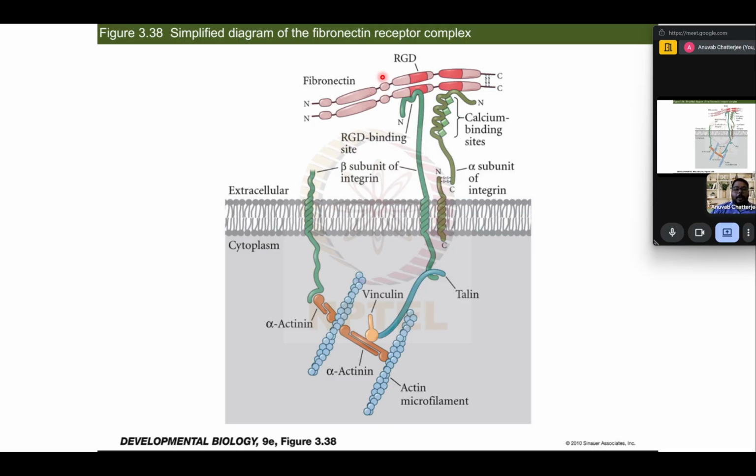So one of the important proteins are known as fibronectins. Fibronectins are bound to the ECM by covalent bonds, as we see here. There is a covalent bond right here. It binds to the ECM, and there are particular cell surface molecules known as integrins, which bind the fibronectin, which actually anchors the cell to the fibronectin, and in turn to the